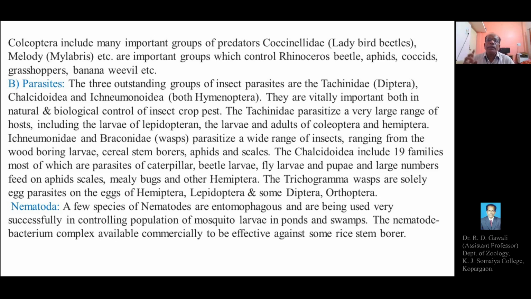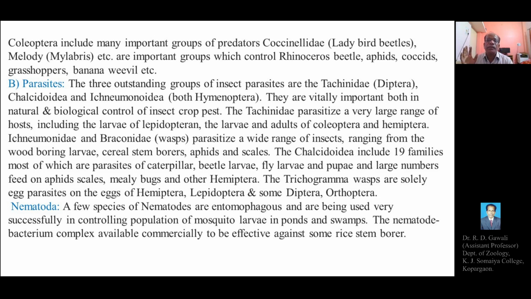So the Tachinidae are dipteran insects, including flies. Tachinid flies parasitize a very large range of hosts, including the larvae of Lepidoptera, and the larvae and adults of Coleoptera and Hemiptera. Then Ichneumonidae and Braconidae wasps parasitize a wide range of insects, ranging from wood-boring larvae, cereal stem borers, aphids